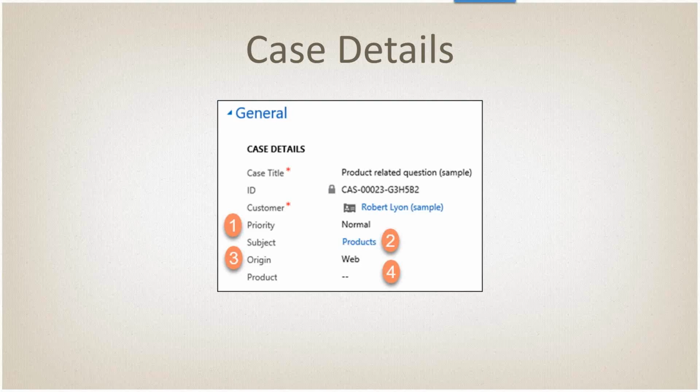Okay, so that's the planning start of this. Okay, now we get into the actual configuration. So the key with anything within CRM is you need to collect data that is relevant to the situation. So as we talked about last week, probably the four most important things here are priority, subject, origin, and product. This again helps us identify what we're working with, how it got here, and then what is the urgency of